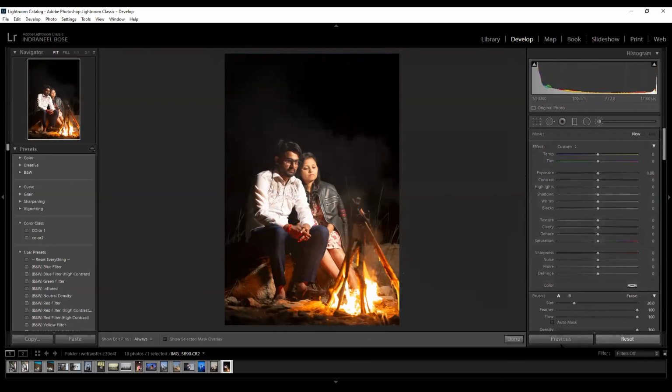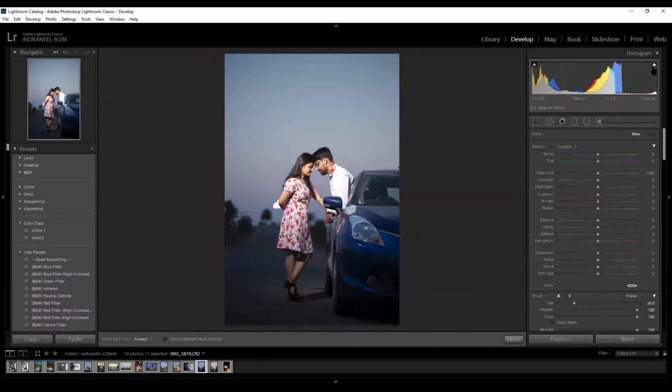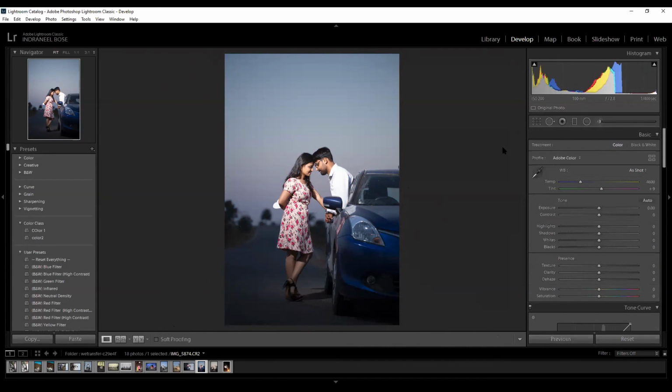Any doubts? Got it. So before you begin any grading or retouching on an image, first see whether it has any clippings or not. If I see you have a clipping over here in the black zone, it means it's sufficient for me, I can work because it will get darkened out. But you have to see whether in certain areas there is sufficient information for you to work on. If there is no information, then you can't work on a raw image directly straight away.